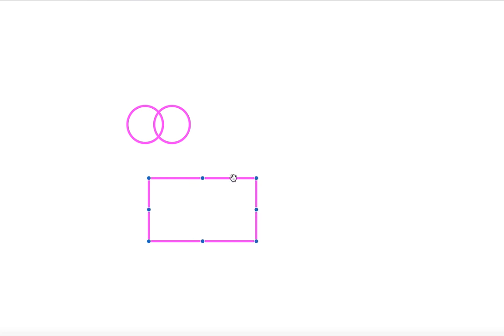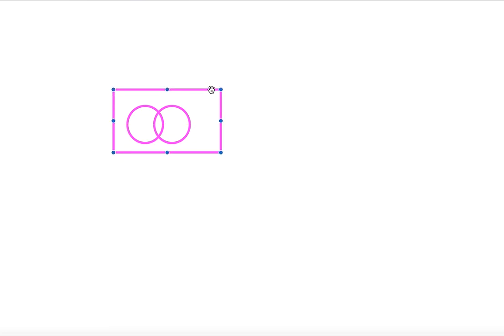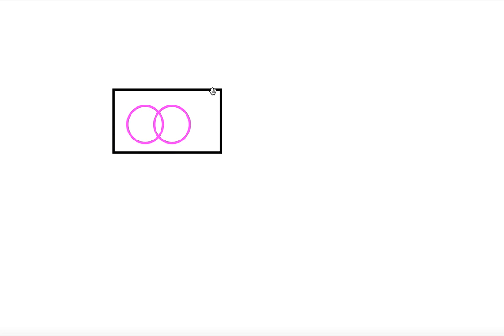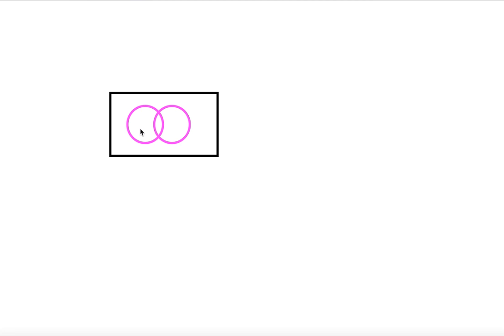The rectangle usually we draw, right? Okay, let's change the color. So let's name it also. Otherwise it will be in a confusing state. That's why I'm naming it A and B. Now this is fine. But then what is U? The whole set is U, right? Yeah, the whole set is U.